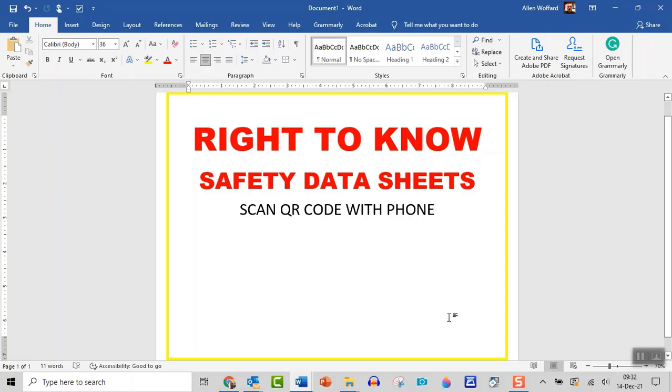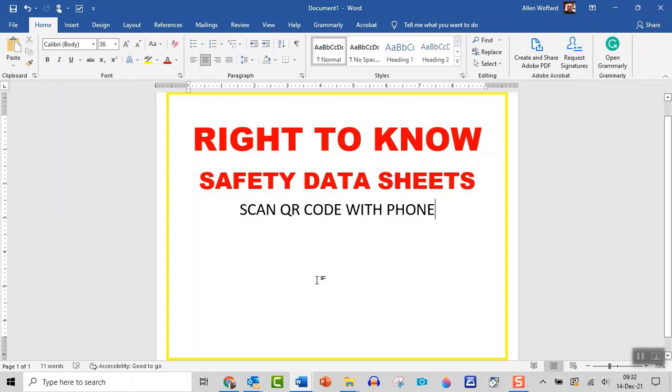So in an emergency, either first aid or fighting a fire, you're going to narrow down to what is in that area. So that's beneficial. Say you have an emergency response team, they come up and they're going to go in this area, they're going to scan that code, they'll know everything that's out there. So if you've got an